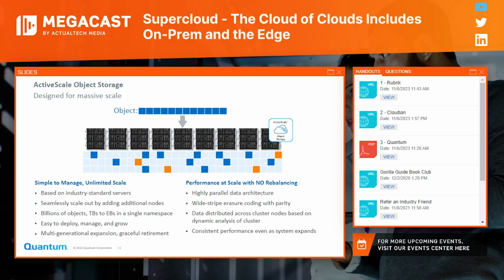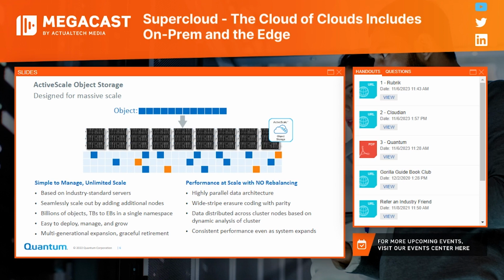So I won't go through in infinite detail on the ActiveScale object storage system, but the thing to recognize about it is, number one, it's a scale-out architecture, and so that means that we can add resources into the mix, and the system will automatically grow to include those resources. And data is distributed across the whole infrastructure, and by distributing that data in very unique ways based on erasure coding, we're able to get a very highly available system, a very storage efficient system, and a very high performance system, all within this infrastructure. And this is true even as the system scales into larger and larger scenarios.